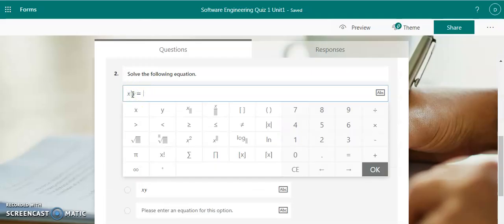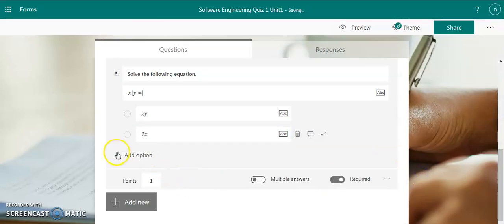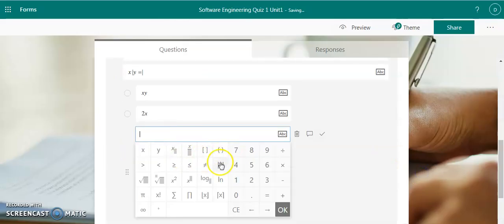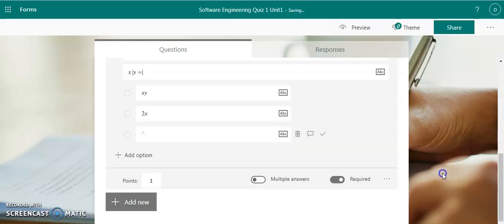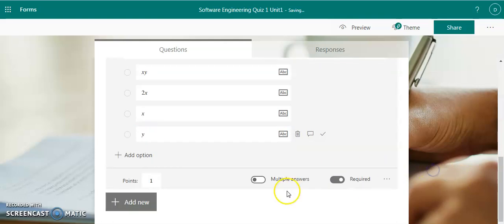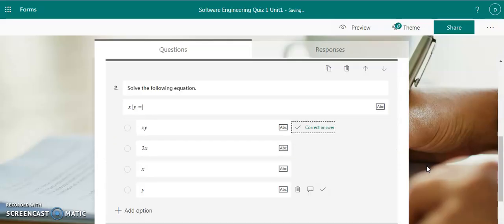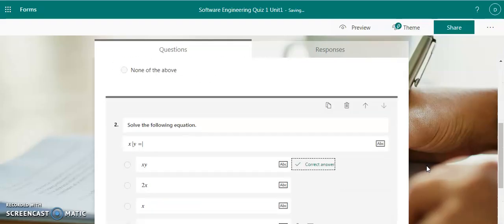So give options like this: x y, 2x is another answer, x is one answer, add another option, y is another option. So what is the correct answer here? Choose the correct answer. Okay. Now this quiz is conducted for 2 points.